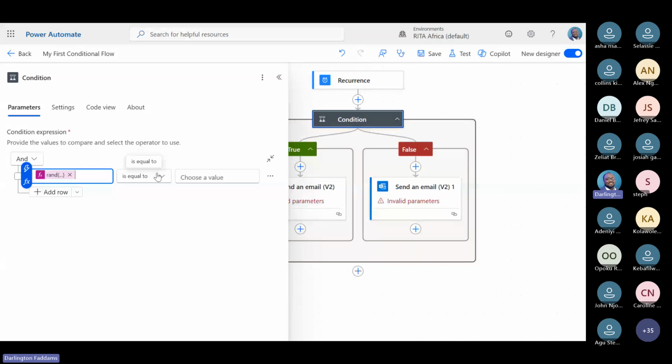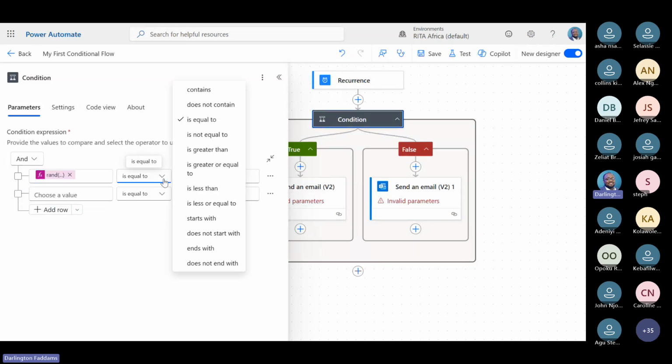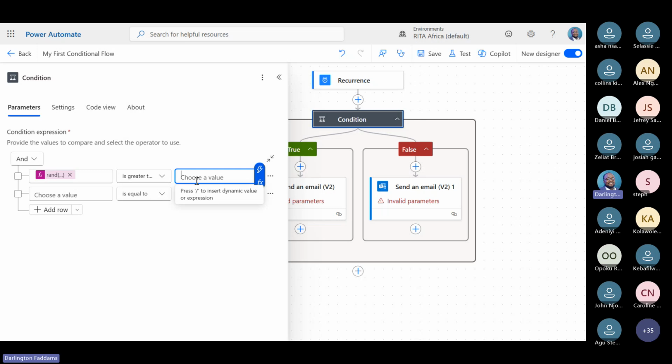So let's say if this is greater than, if it is greater than or equal to, all right, so it has to be greater than 1,